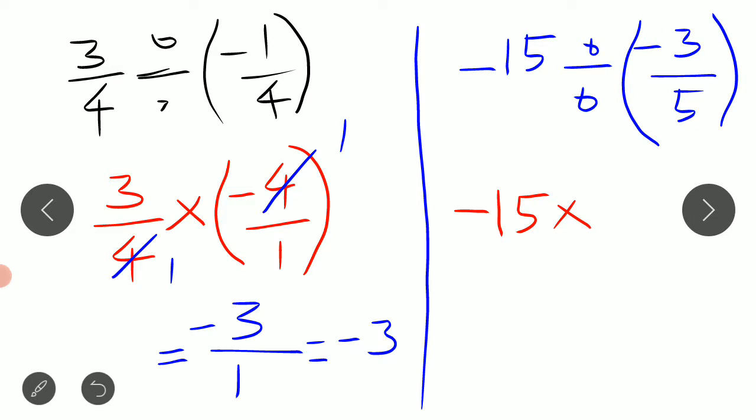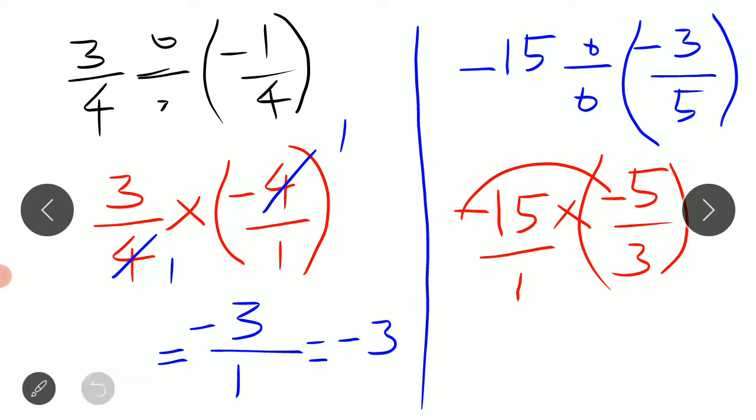The reciprocal of minus 3 by 5 becomes minus 5 by 3. The sign has no change; we change only the position. I mean, the numerator becomes the denominator and the denominator becomes the numerator. So now we received it like this. Actually, the denominator 1 is hidden here; we can show it or leave it. Now this became multiplying the rational numbers. As usual, multiply the sign first. Minus into minus is plus. The sign of the answer is positive.